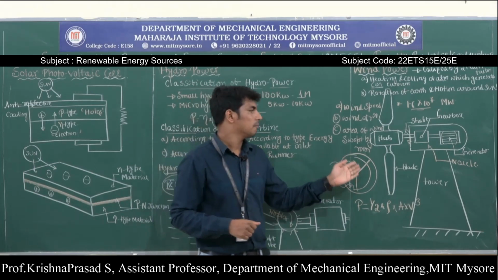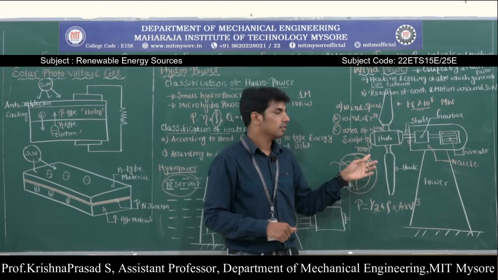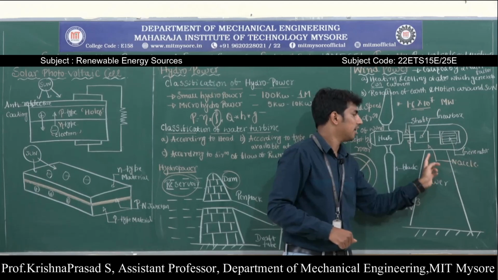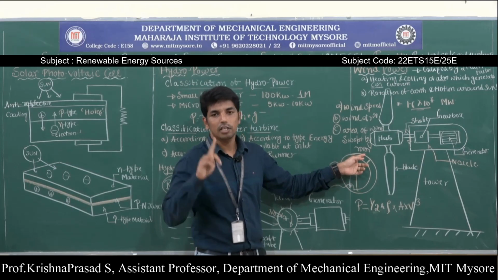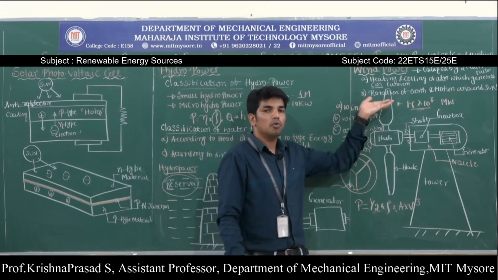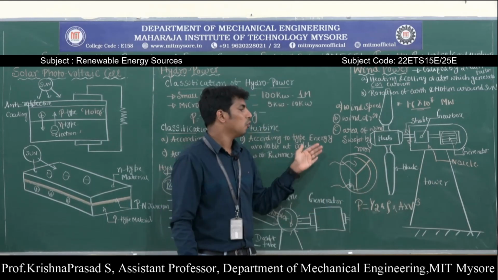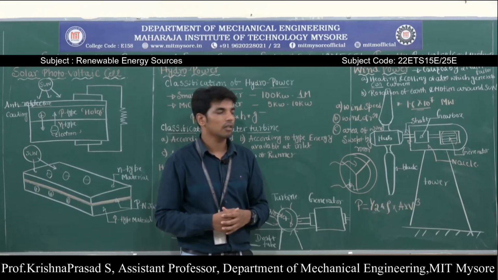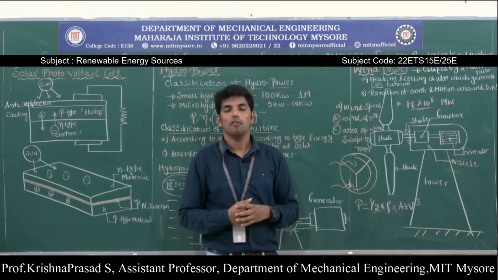I repeat, the wind turbine mainly consists of a hub with specially designed blades that are connected to the shaft. Then the shaft is connected to the electrical generator through a gearbox. The gearbox and electrical generator are completely enclosed in a housing called the nacelle. The turbine usually consists of either 2 or 3 blades designed to extract the largest possible volume of air, mounted high above the ground level by means of a tower. When wind flows over the blades, it converts the kinetic energy of the wind into mechanical energy in the form of rotation of the shaft, which in turn drives the electrical generator to produce electricity. So this is regarding wind power.